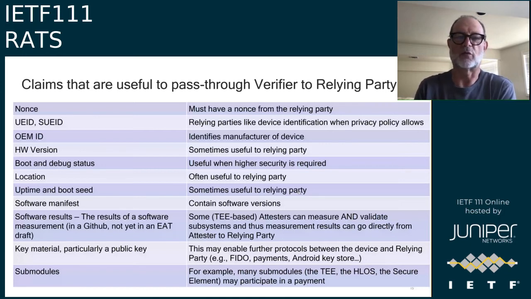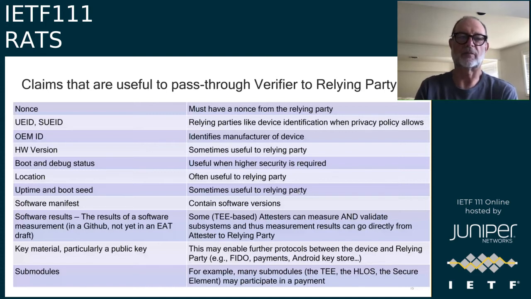Relying parties may want to know the manufacturer of the hardware of the device, so OEM ID. A hardware version may not always be as useful. When I think of something like clearing financial transactions, maybe hardware version's not that exciting,